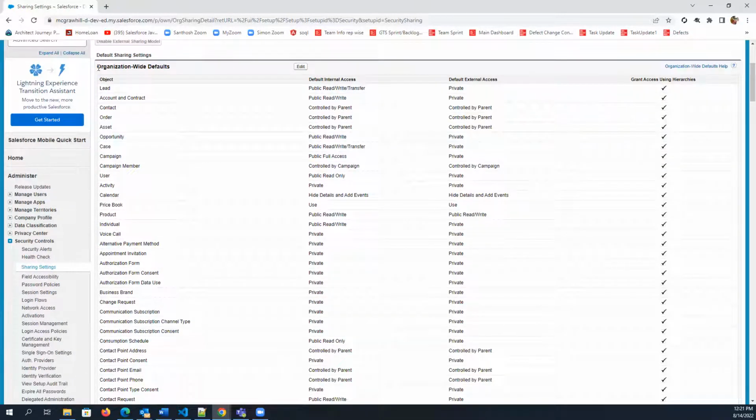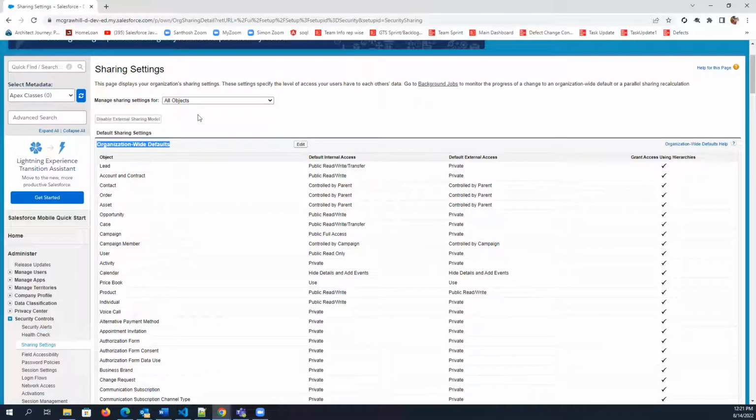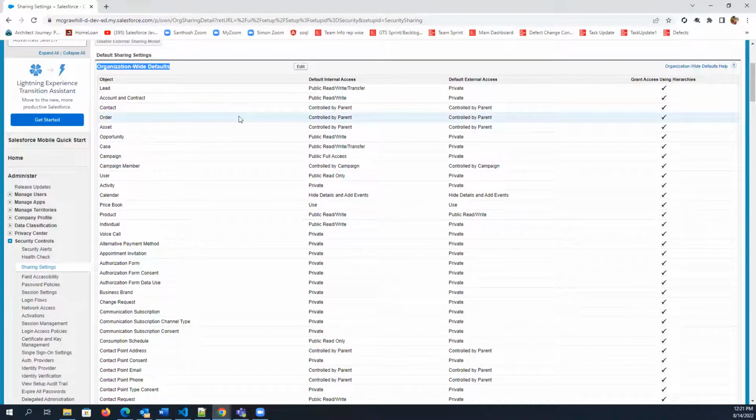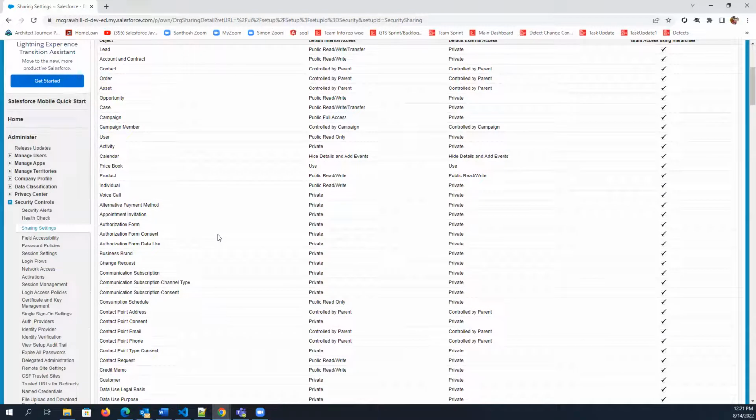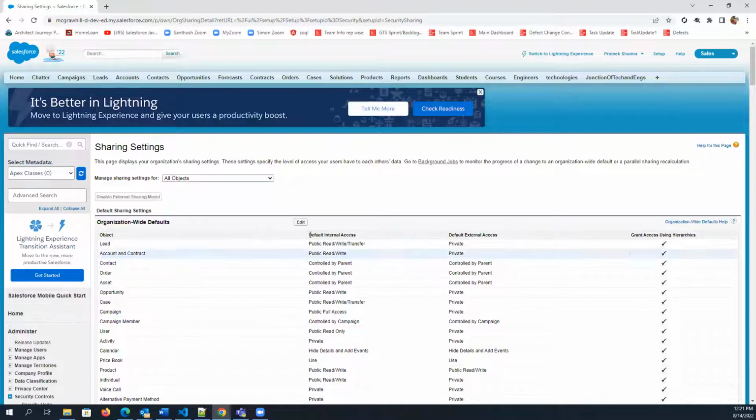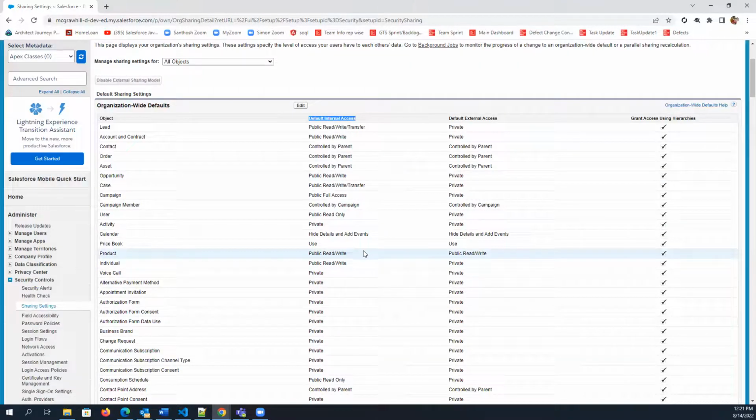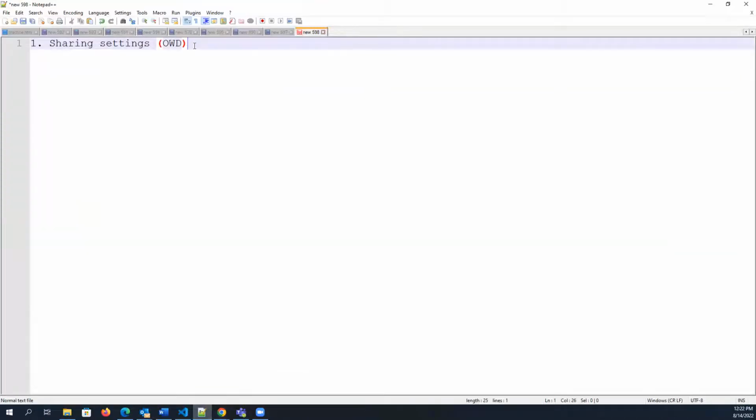Now we have organization wide default, the same thing I told you, OWD. Now you can see all standard and custom objects available. Technology, student, junction, engineer, course, these are all custom objects. And it is asking for default internal access. So there are a few types. The three major types you need to understand are